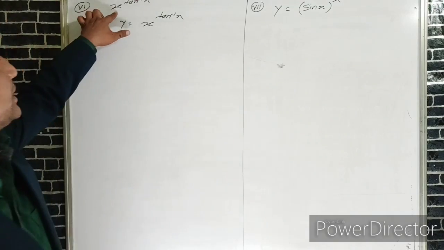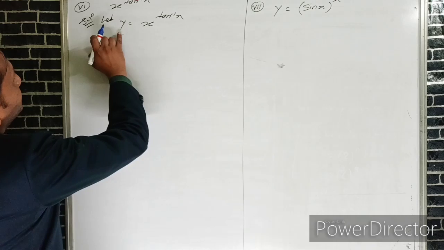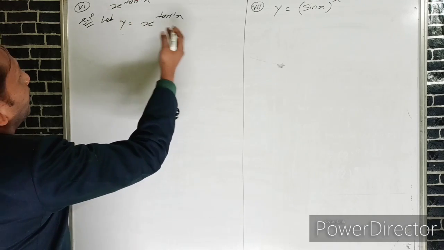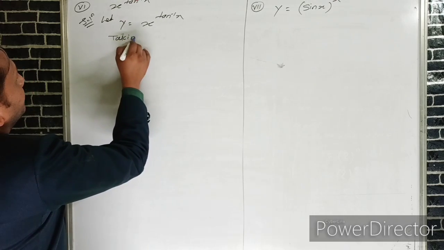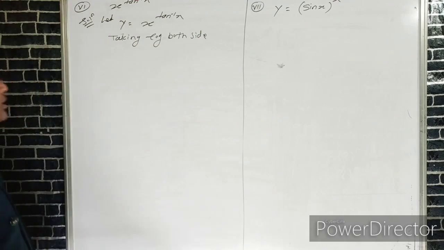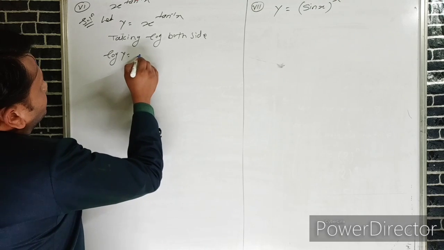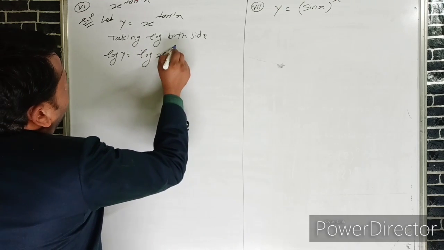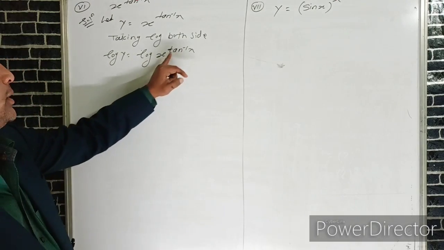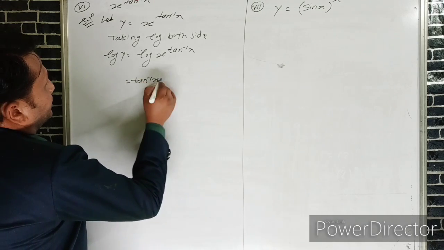Example number 6 is x raised to the power tan inverse x. If we have to find the derivative of this function, which is dy by dx, then we first take log both sides. If we take log, then y becomes log of y, and this is log of x raised to the power tan inverse x. We know that log of m raised to the power n is n log m, and we can write it as tan inverse x